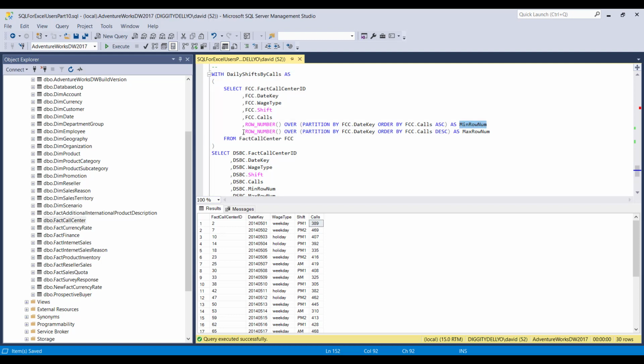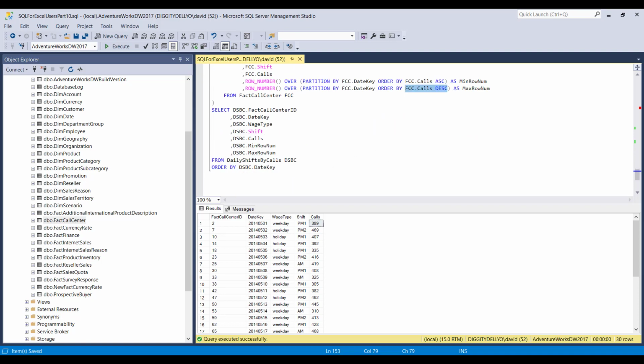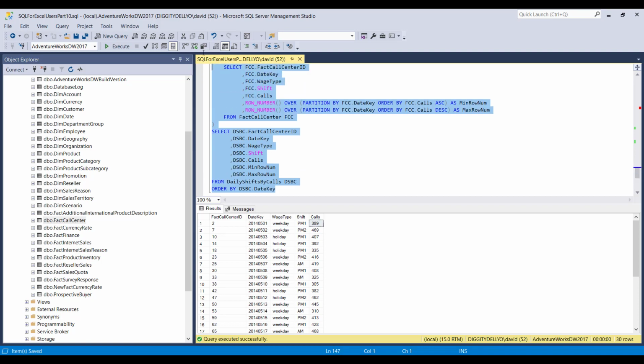And we saw this already: we created a window over the date key, and we sorted in descending order, which means row number 1 is now the highest call number. So this is really sweet. I just added the row numbers here to show you what I'm talking about. So if I run this query